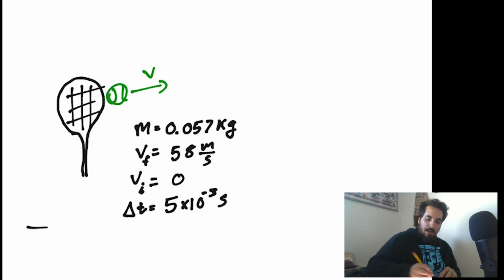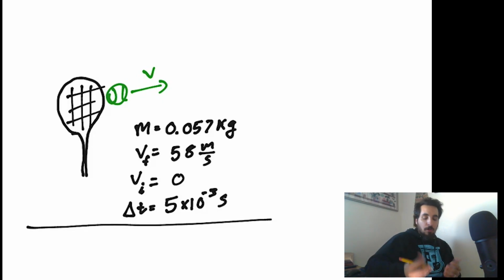And when we ask the question of how much force the tennis racket is impacting the ball with, how we're going to solve this is first determining the change in momentum. And once we have that change in momentum, we can then determine the force from the impulse, right? The change in momentum, the impulse, over time if we're talking about an average force. So let's go ahead and put this into practice.